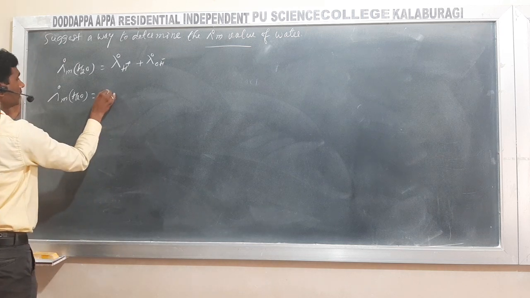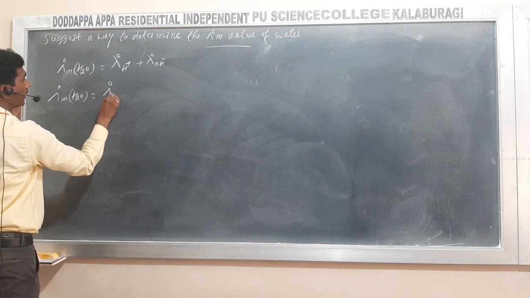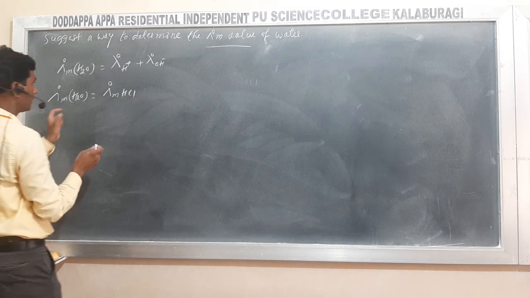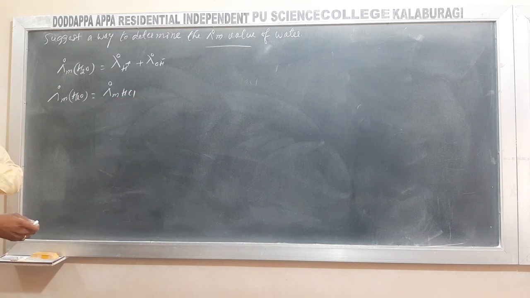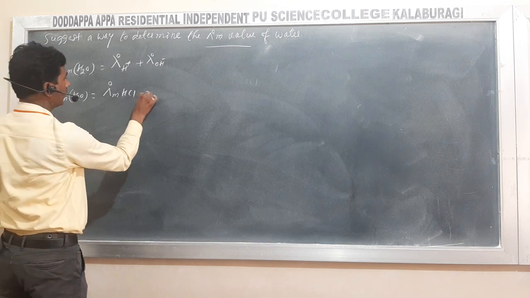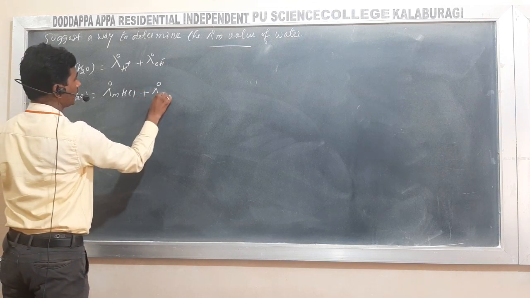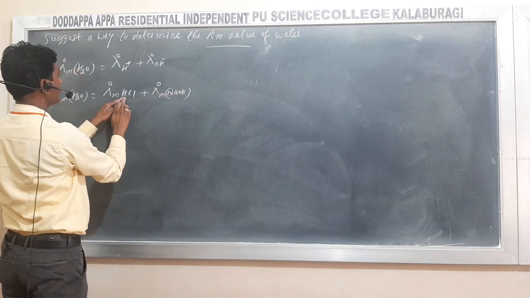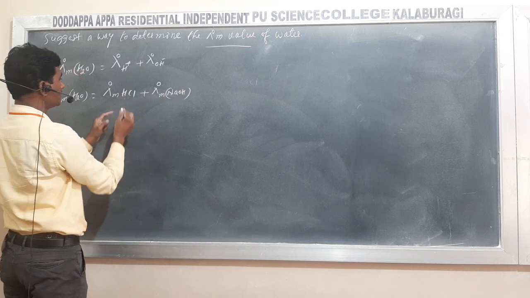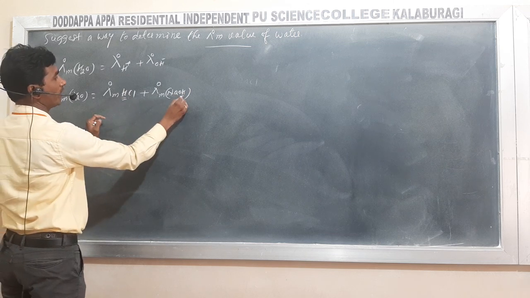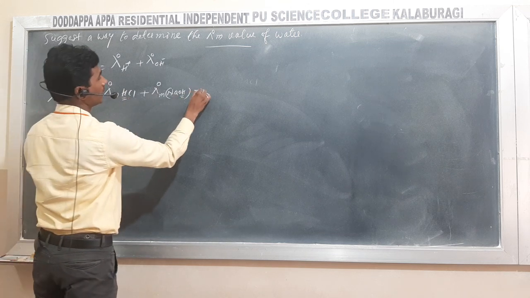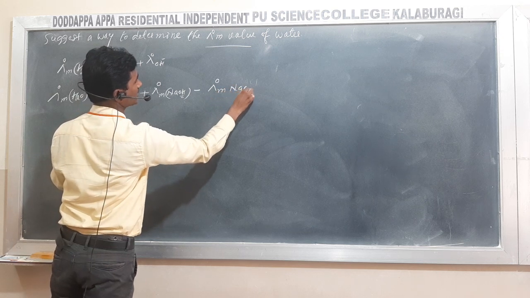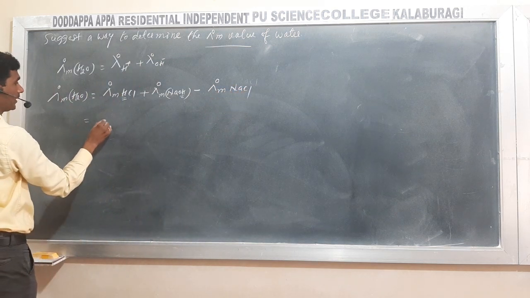Now the limiting molar conductivity of HCl is H plus, and what you have to add for water is OH. Now the limiting molar conductivity of NaOH, because if you want to get water you have to take H from HCl and OH from NaOH. Which is the extra here? The limiting molar conductivity of NaCl. So here you have to split it.